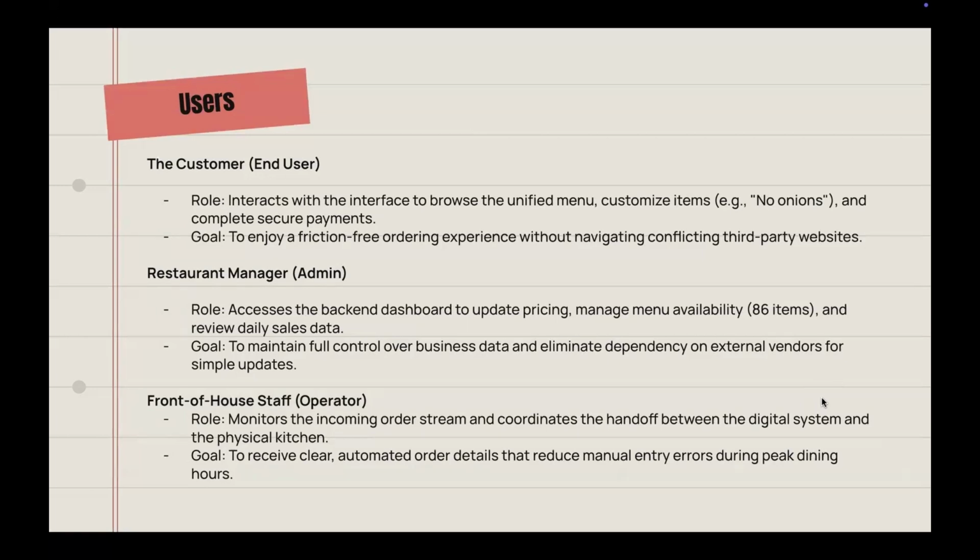Next, we have the restaurant manager acting as the admin. Previously, if the restaurant ran out of ingredients, they had to contact an external vendor to update the site, which took time. So now the manager has direct access to a backend dashboard. They can instantly update pricing or mark items as out of stock in real time. The goal here is ownership, giving businesses the full control over their data without relying on outside technology